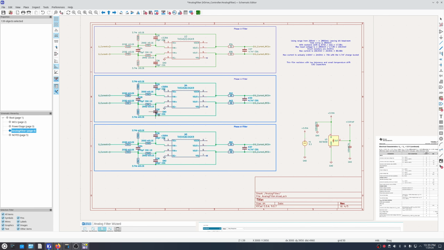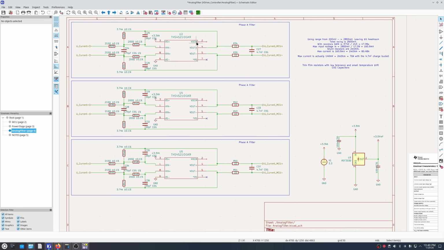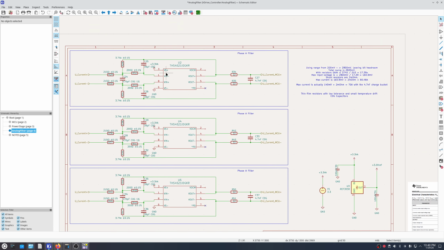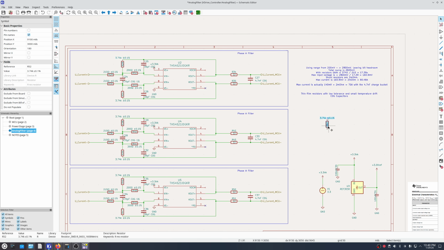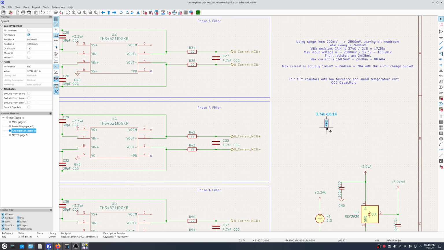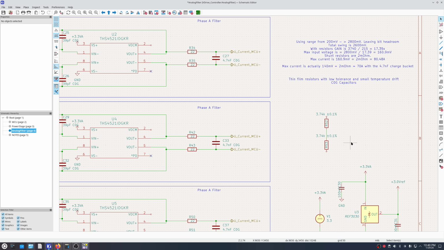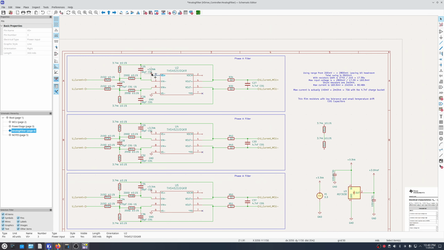One thing to also add, I noticed we need to add this VOCM voltage here at some point, but it can be done later. Or I can do it now as a placeholder. So we want 1.5 volts there. And how I have been designing to do this is that